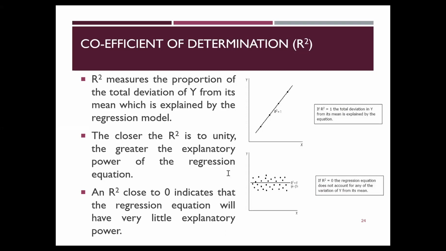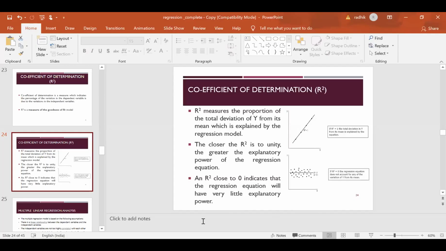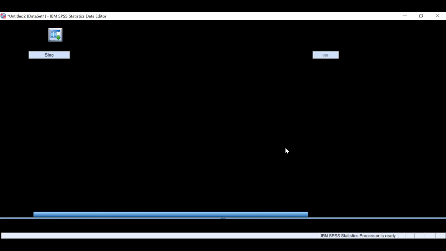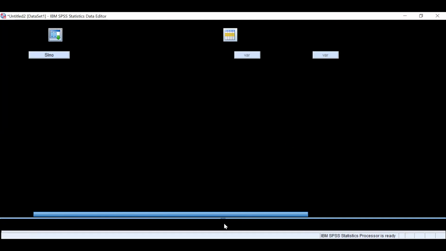Before that, I'll take you to another example of regression, and I'll tell you how to check the assumptions in a bit more detail. This is the data. One minute, I'll try to reopen that file.